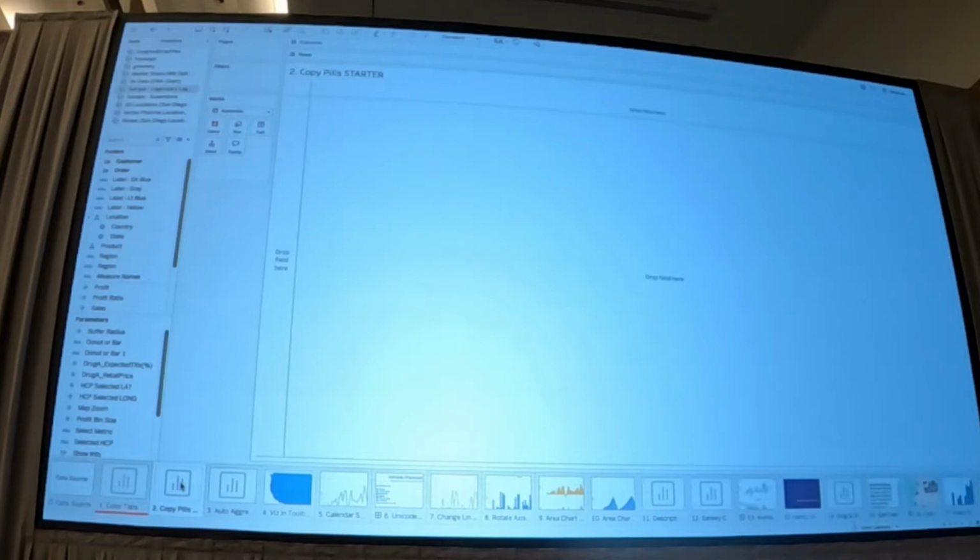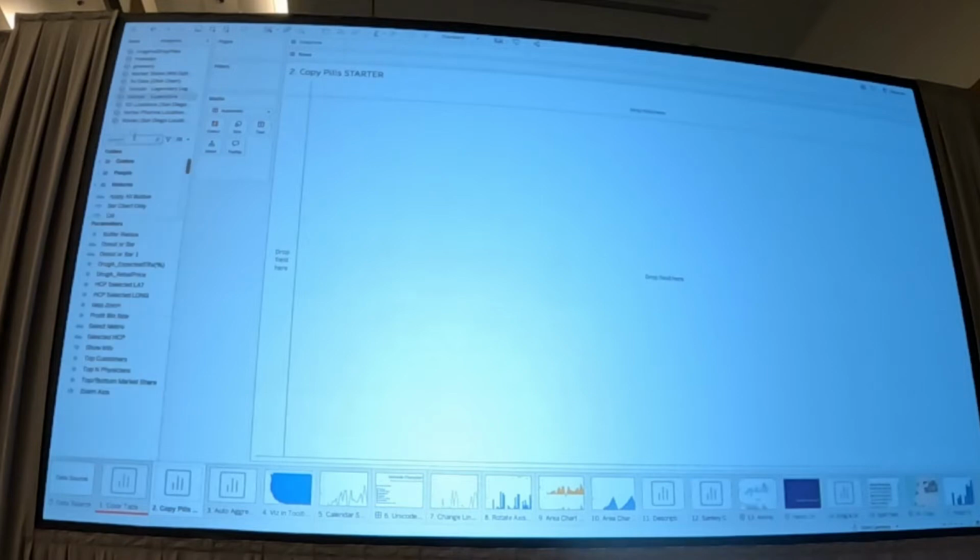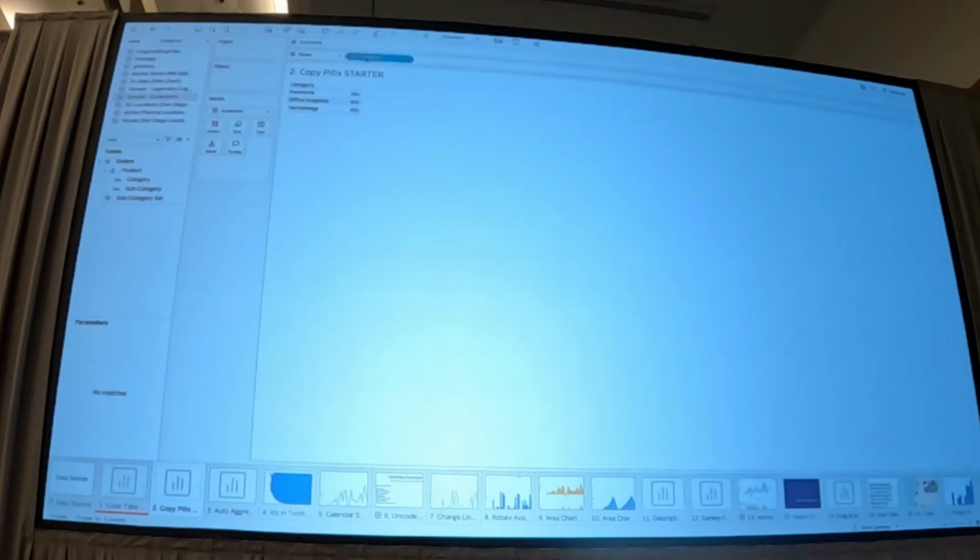The second one is very useful, especially when you start creating something pretty big. Let's say you have the categories just here. Instead of bringing the other one, you can just click Command if you're on a Mac, or Control if you're on a Windows, and copy it and paste it here. So you don't have to go back to the left-hand side to bring your fill to the rows,